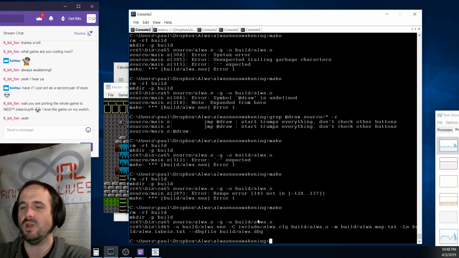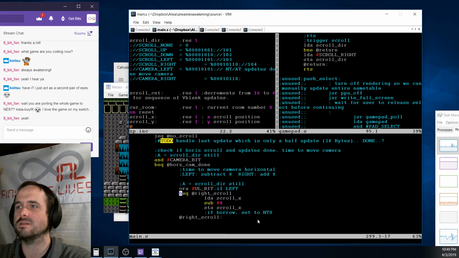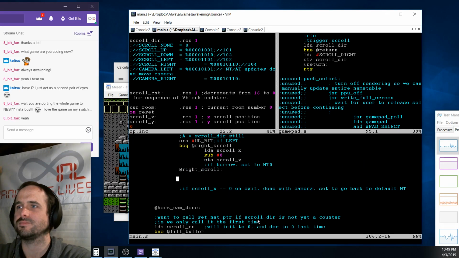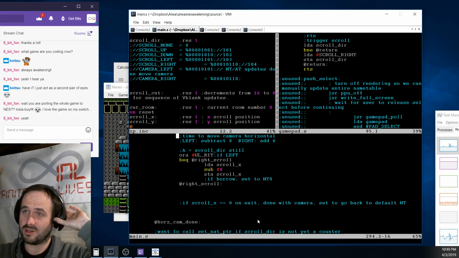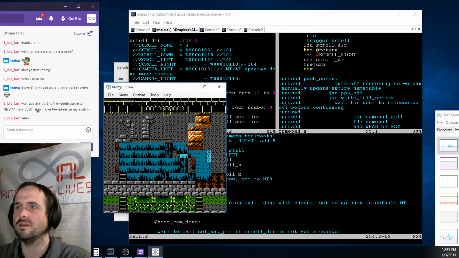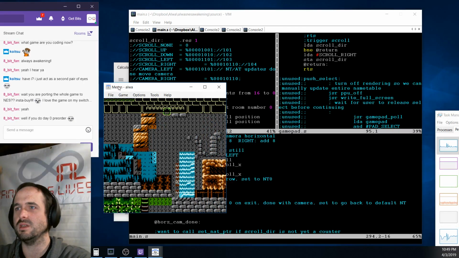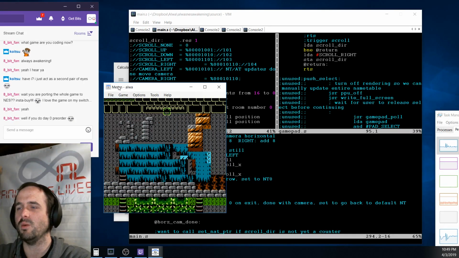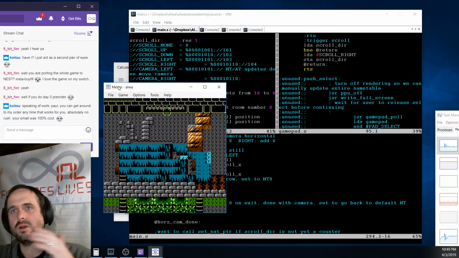So let's see. We have some new macros, so I don't mess up subtract, and I can easily handle range errors. So right now we are trying to make it so that, and I think I might have broken something right now. If you want to scroll left or any direction, you have to use the start or select. But I want it to where after right now I'm working on, if you